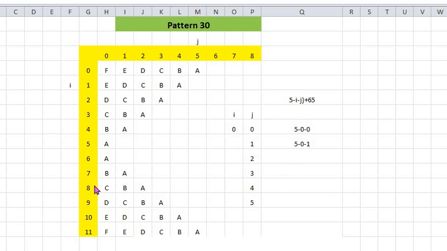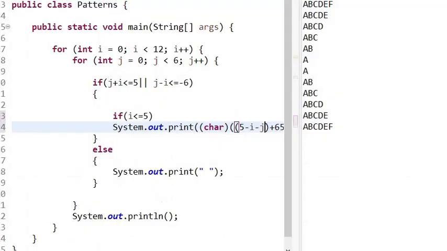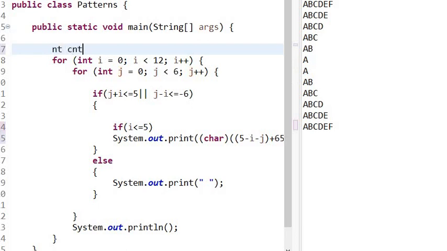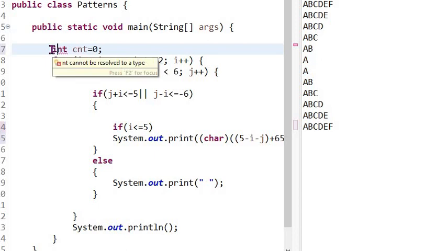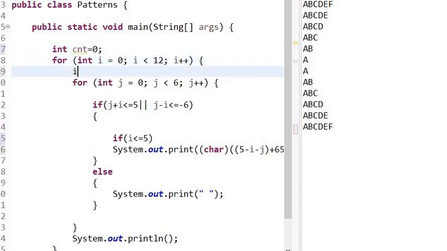Next, for the else part, what will we do for the rest of the part? Okay, what we will do now, we will take another variable called counter, as we have already done it. I will initialize it to 0 now. I will do a very interesting concept over here. Please take a look. So whenever the row will be changing now, I'll be taking a temp variable and will initialize it with counter every time. Okay. Now what will I say? I will say